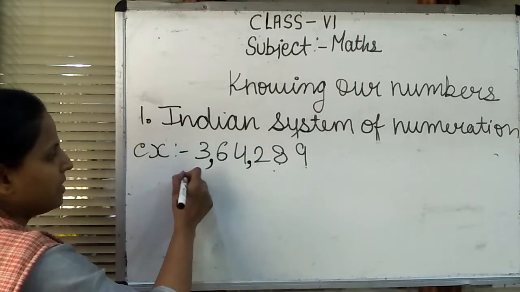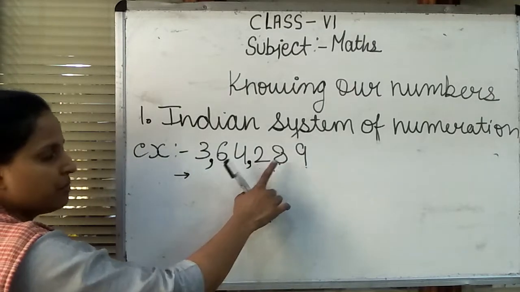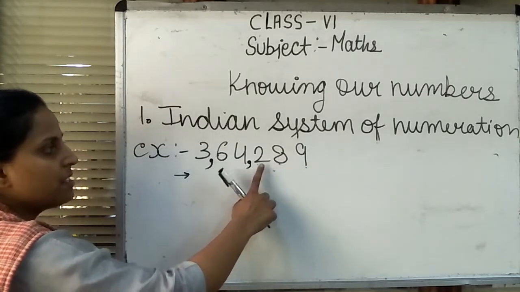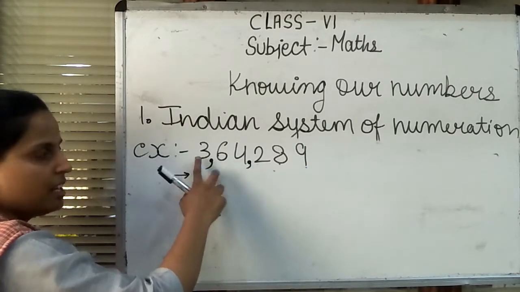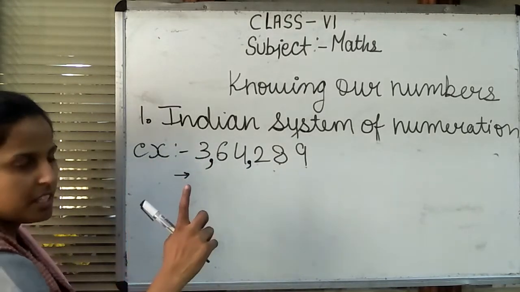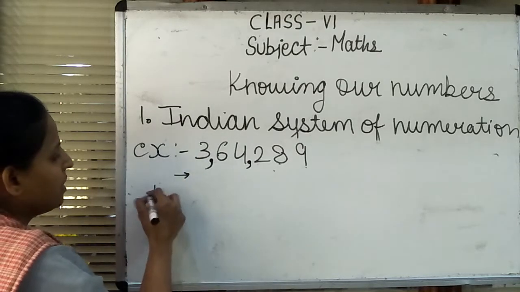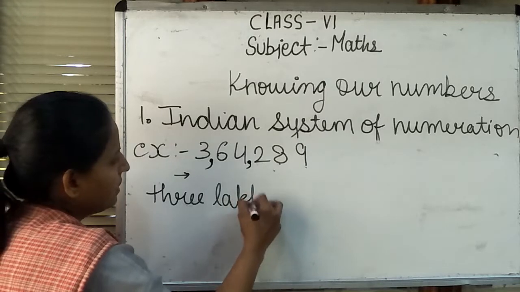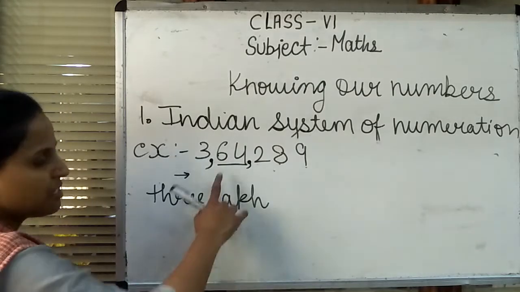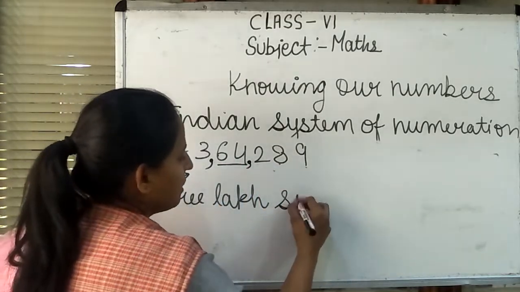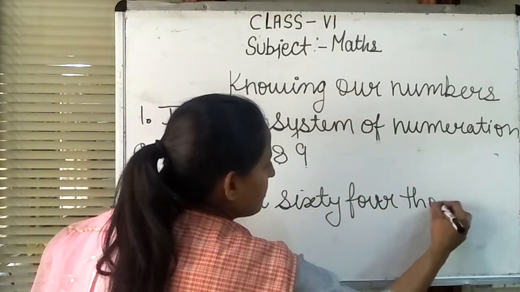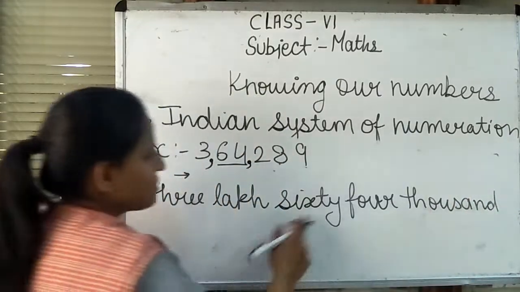Now we want to write the number. We start from the left-hand side, and the left-hand side is 3. We write the name, counting according to place value: ones, tens, hundreds, thousands, ten thousands and lakh. Because this is the thousand box and after thousand we have the lakh box. But in the lakhs we have only one digit, 3. So now it is 3 lakh. Next we move to the thousand box. In the thousand box we have 6 and 4. How to read 6 and 4? 64. This is present in the thousand box, so I write here 64,000.